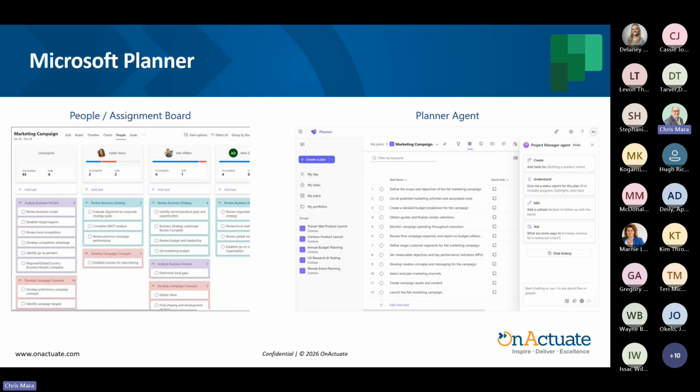It also provides more on the assignment view. What am I responsible for and what's next? Or what am I waiting on? So Planner Premium not only adds scheduling, but also resource and workload visibility, which is usually where your delivery begins to break down if you don't have it.